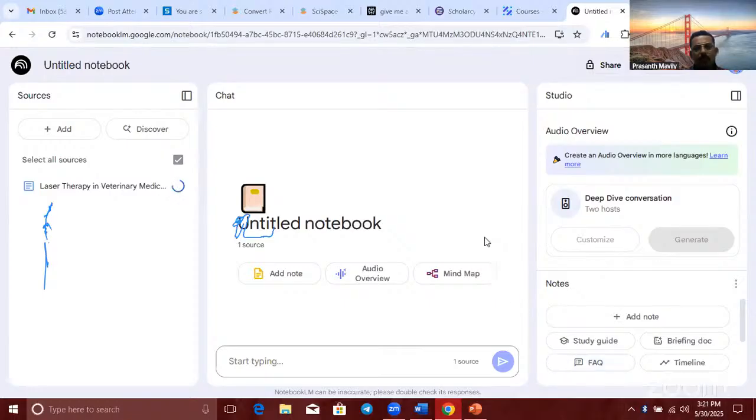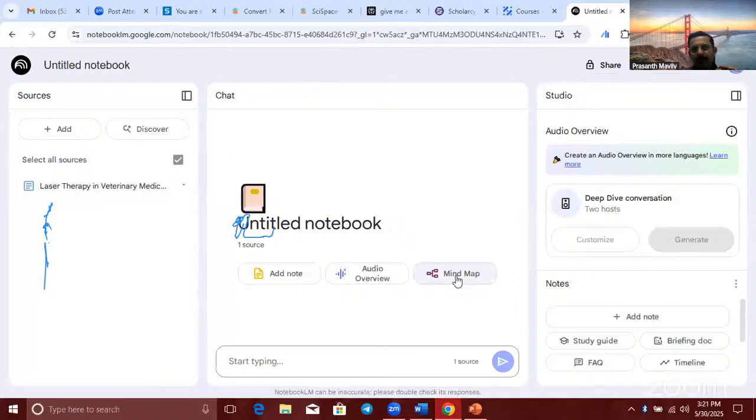There will be so many books you follow for your PG or dissertation, notebooks or textbooks. If you have the soft copy, you can easily upload it and have a quick overview. You can add up to 50 sources. I have added only 1 source. You can simultaneously add up to 50 sources and evaluate all of them together. It will take time. That's why I'm adding only 1 book.